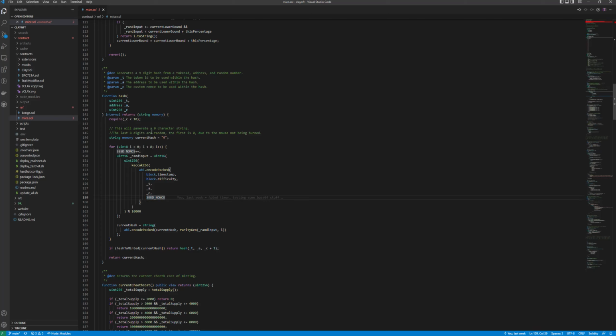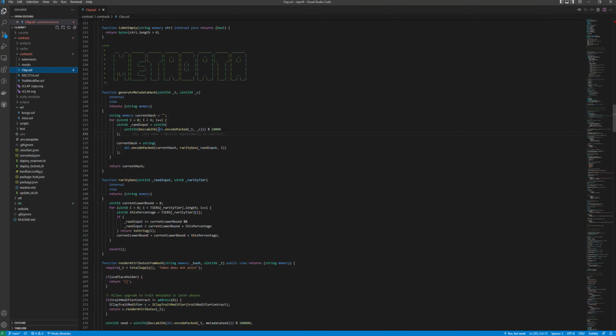Okay. So what happened was I was discussing on-chain with Mousedev briefly, and he did mention that for future implementations, he would prefer them to be read-only. I was like, yeah, that's cool, because that would save a lot of gas. You don't have to do all this trait generation during minting. You could just do it on the fly. So I decided to go with that for Clay. I thought it was a neat idea. And so I took the hash function and changed it so that it takes the token ID and